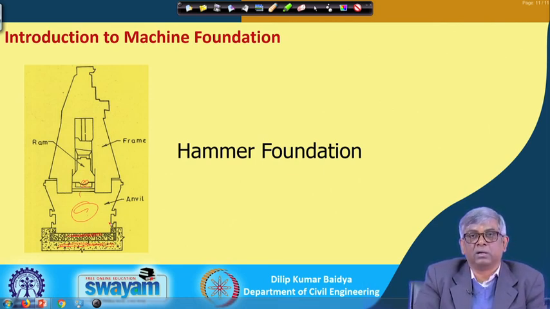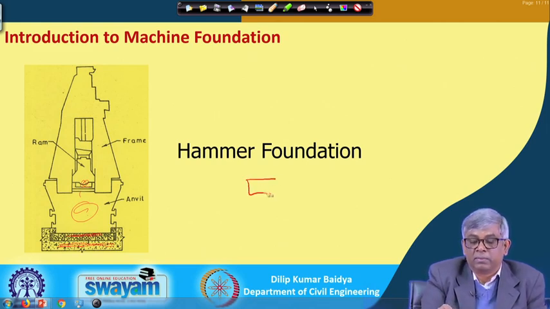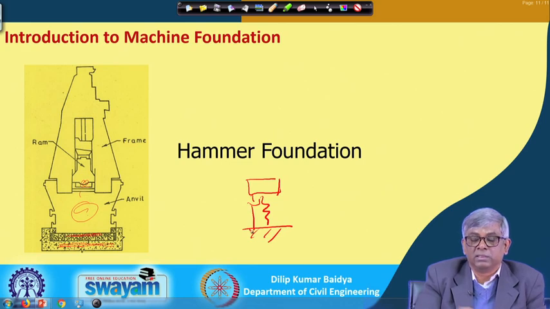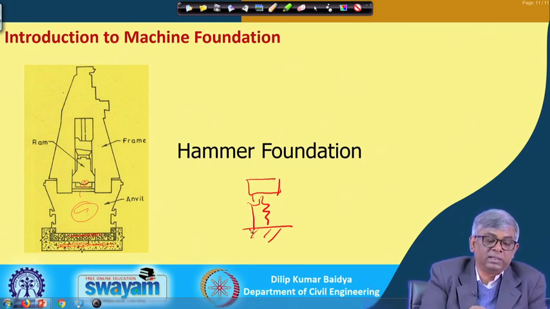And when this type of foundation is there, the simple way we have done analysis is actually a single degree of freedom. That means we have a mass and then we have a spring, or additionally, when it is damped, there will be a dashpot. This is a single degree of freedom, but here you can see the foundation, this layer will act as one spring, and again the soil also will act as one spring. This is one foundation mass, and this will act as another spring, and this is another mass.